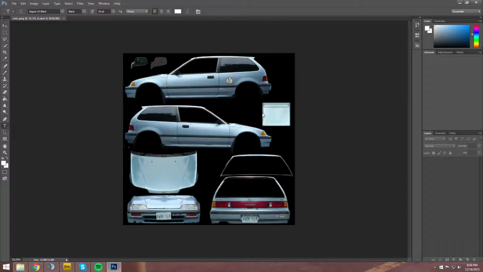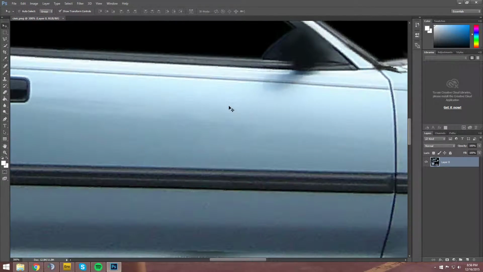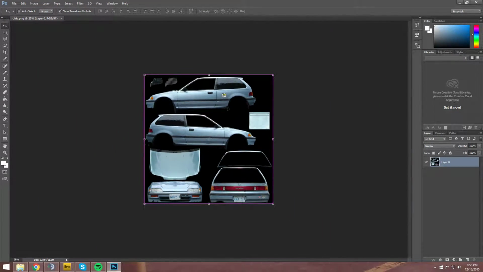And here we go. This is Photoshop. This is our Photoshop file. If you don't know how to use Photoshop, there are many different applications and many tutorials on how to use it. You can see I can zoom in, zoom out, and then after I'm done, what I'm going to go ahead and